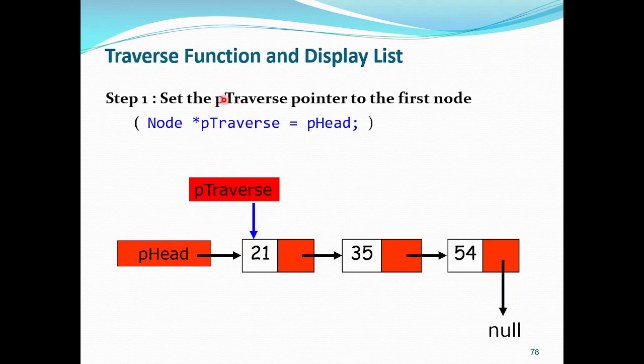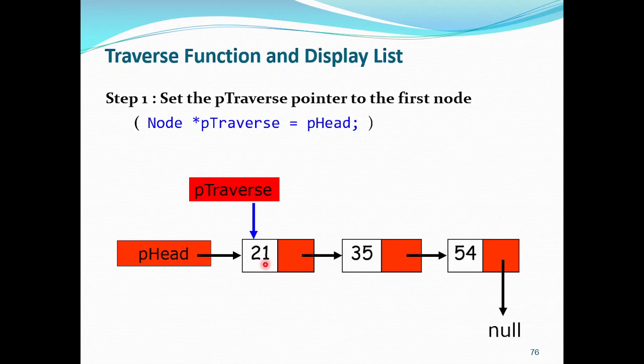So we create a pointer of type node and give it the same value as the head pointer. The head pointer holds the address of the first node, so whatever head holds, ptraverse takes that value, and it means that ptraverse will also point to the first